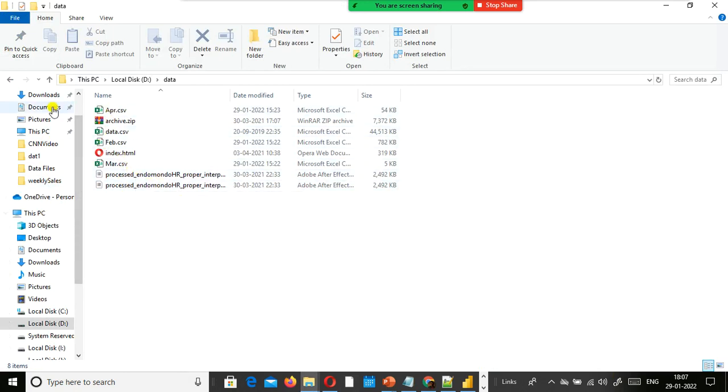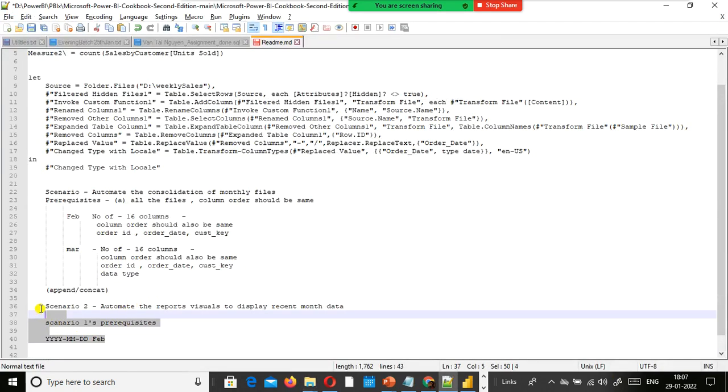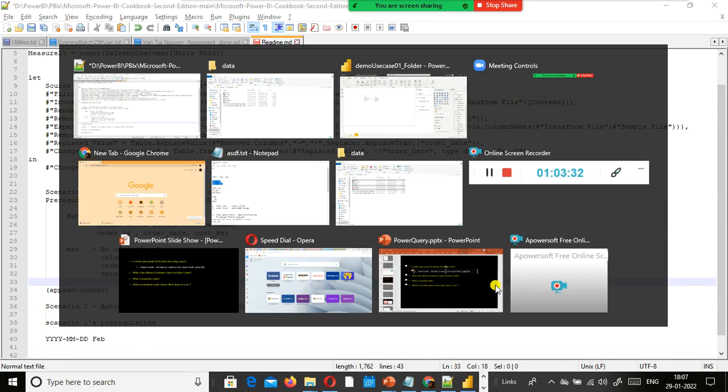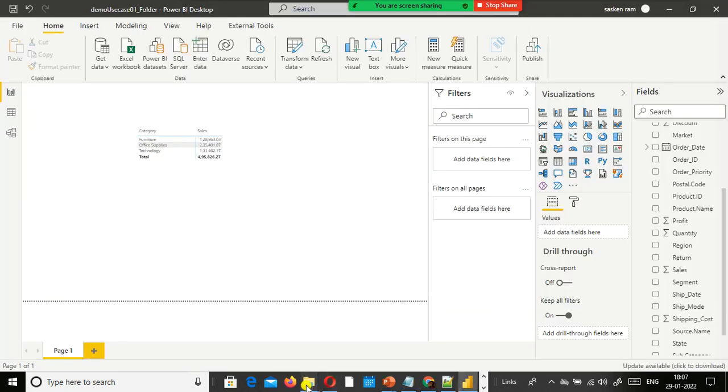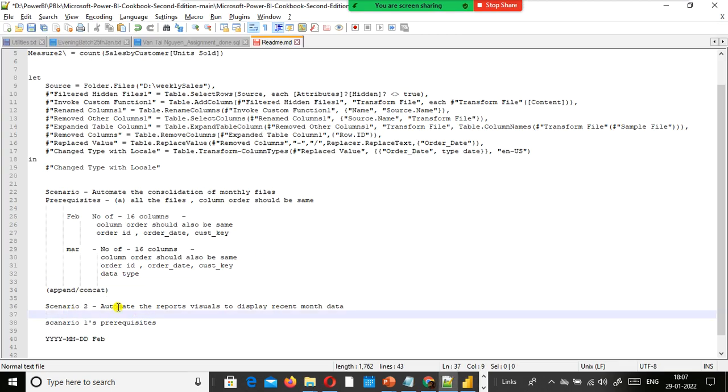But before we get into this, let us see what happens if I push a file to this folder. Before we start getting into the second scenario, I am going to push one more file to my folder. What is my folder name?